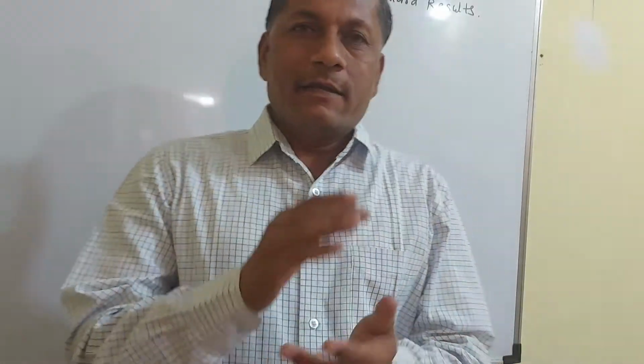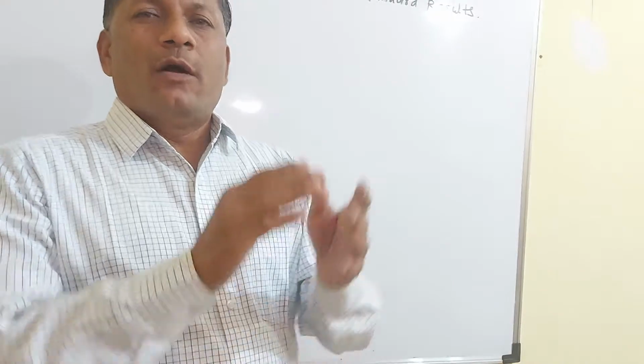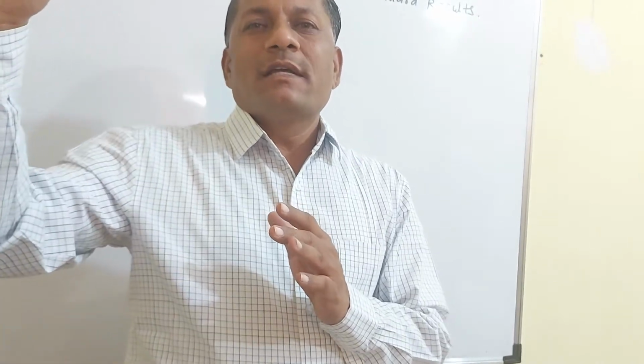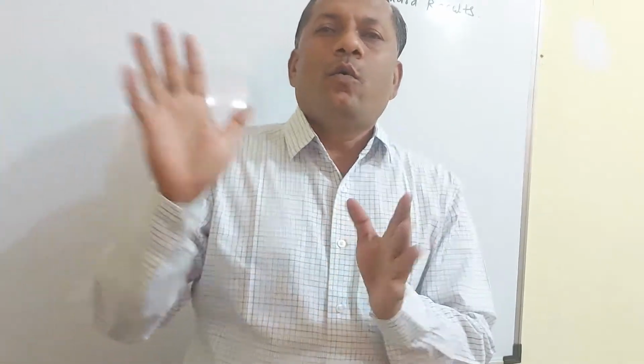Hello students, we know the nth derivative of y is equal to (ax + b) raised to m. That is, the nth derivative of (ax + b)^m is m factorial upon (m minus n) factorial into a raised to n into (ax + b) raised to (m minus n). Also, we know the nth derivative of y is equal to 1 upon (ax + b) is factorial n into (minus 1) raised to n into a raised to n upon (ax + b) raised to (n plus 1).